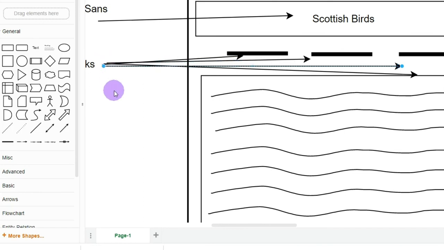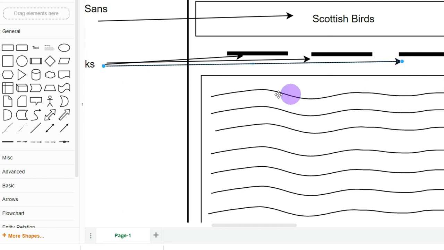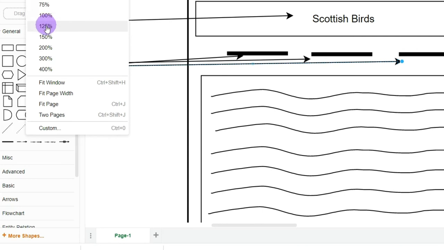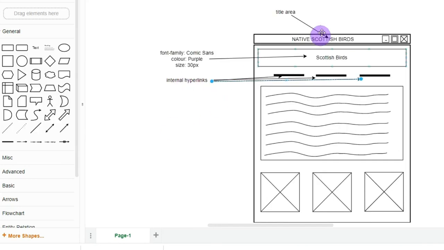Bring that back down there. Right, what's happened? I've got an extra one, so just delete that. Don't know why that happened. Hold down Control Shift to move that into position. There, it's easier to see the three of them now. Right, zoom back out. So we've got our internal hyperlinks, our title area, our heading area with the font family,